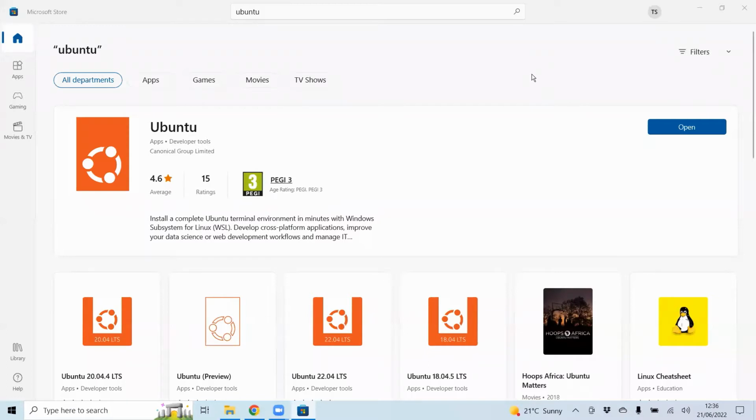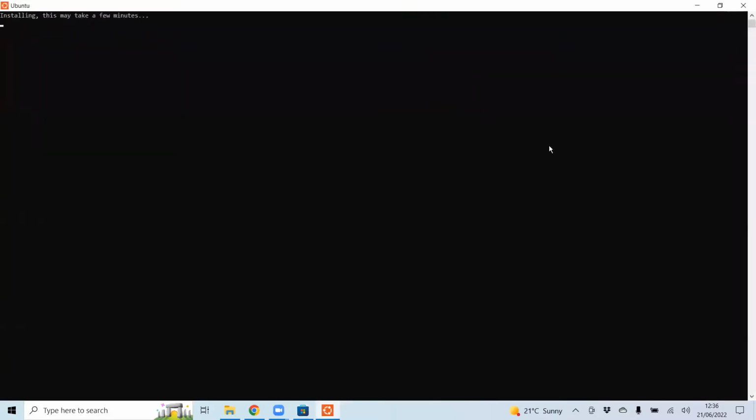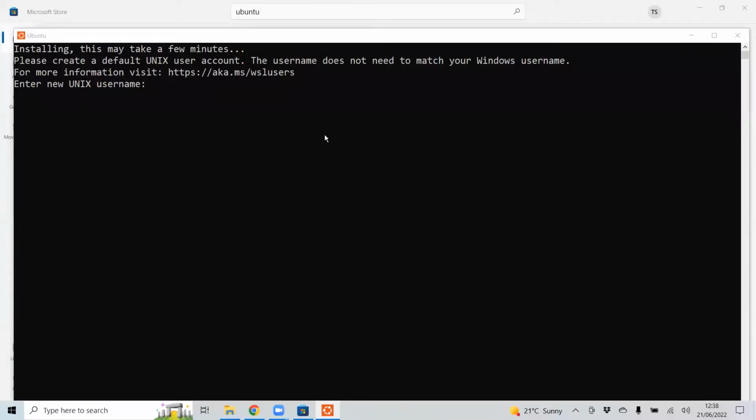Now the download and installation is complete. Now we can open our Ubuntu terminal. This is the Ubuntu terminal, and it says that it's installing and may take some time. Now it asks us to enter a Unix username. You can put your username; in my case, I will use PoreSoft Lab as the username.